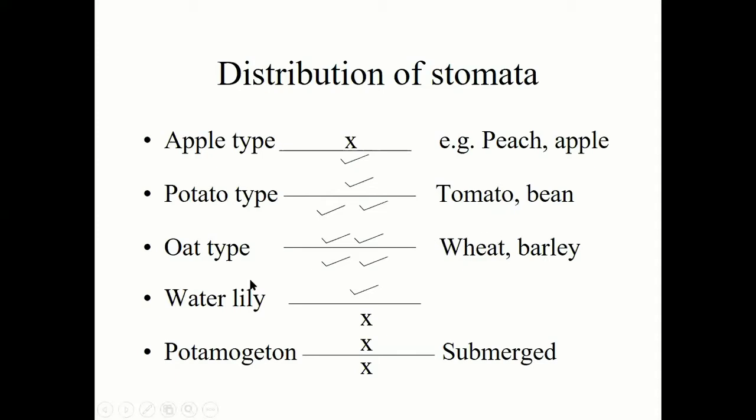Then the fourth type is the water lily type. The stomata are present on the upper epidermis, and on the lower epidermis there is a total absence of stomata. This water lily type is present in the water lily and different other hydrophytes. And the fifth type is the potamogeton type of stomata. In this type, the stomata are absent on the upper and lower